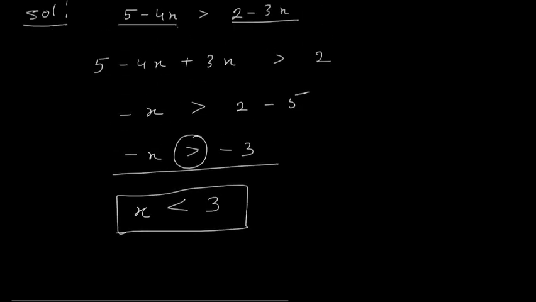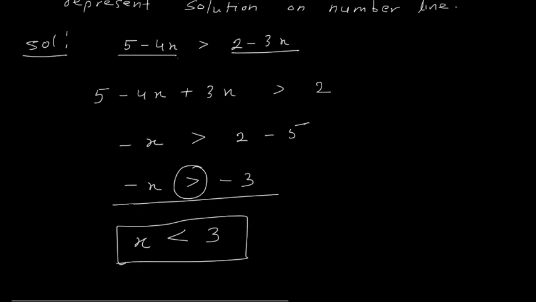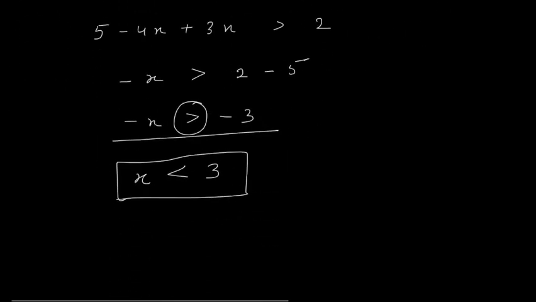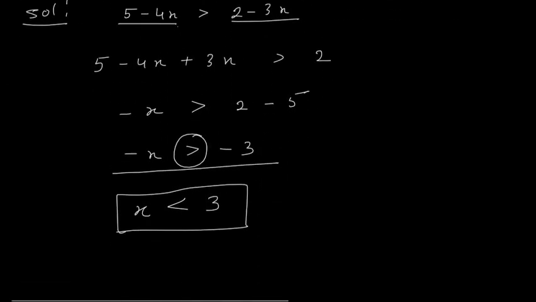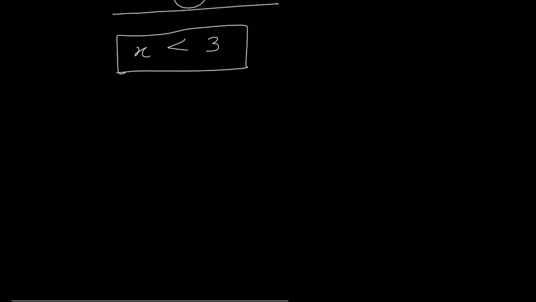So pay attention over here that when minus sign is there on both the sides, means when you are removing the minus sign or when you are multiplying both the sides by some negative number, then you have to change the sign of inequation. So your inequation minus x greater than minus 3 will become x less than 3. Okay, so your sign will change, x will be less than 3. Now x is less than 3 is your solution.